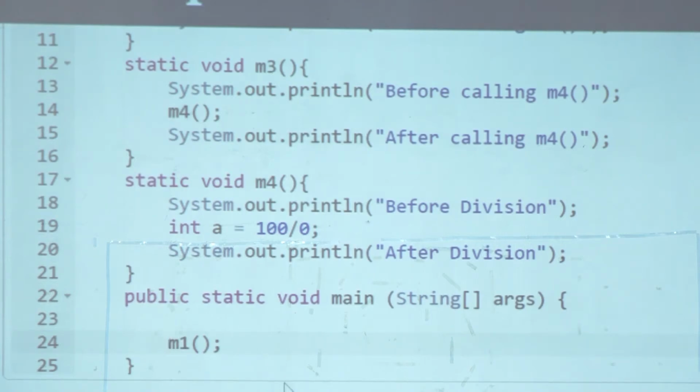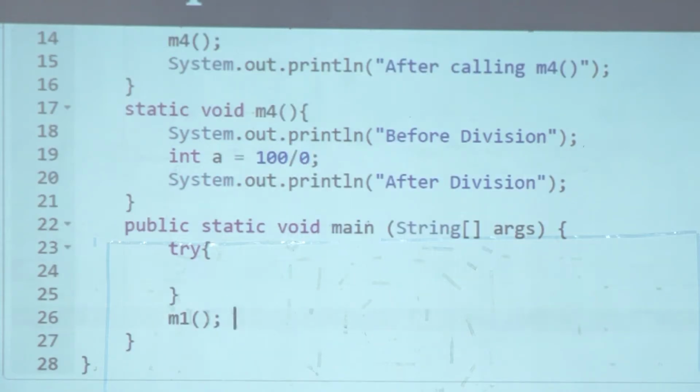So we will put a try catch block around this. We will say try calling M1, and we will catch it. Okay. Catch arithmetic exception.